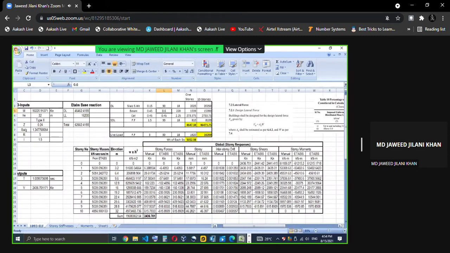So I have given 30 into 4 plus 18 into 6. 30 into 4 is 120, 120 plus 18 into 6, so I am getting 228 as the total length. This multiplied by the cross-section and the density of the material 25, I'll get the total weight of the beams. And for 10 stories, I'll get this total weight.